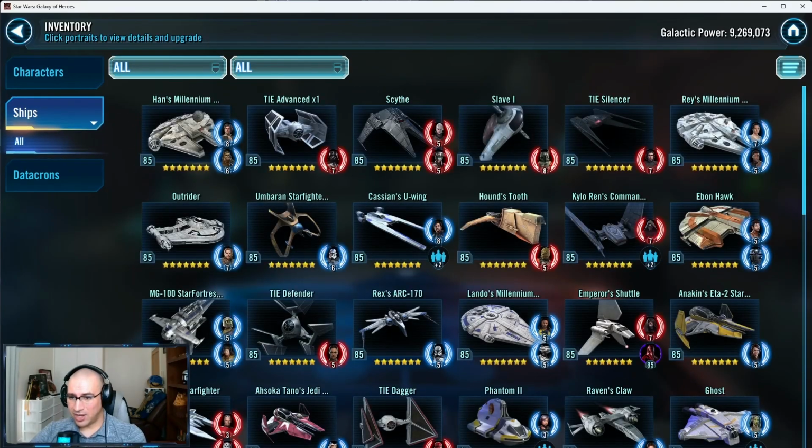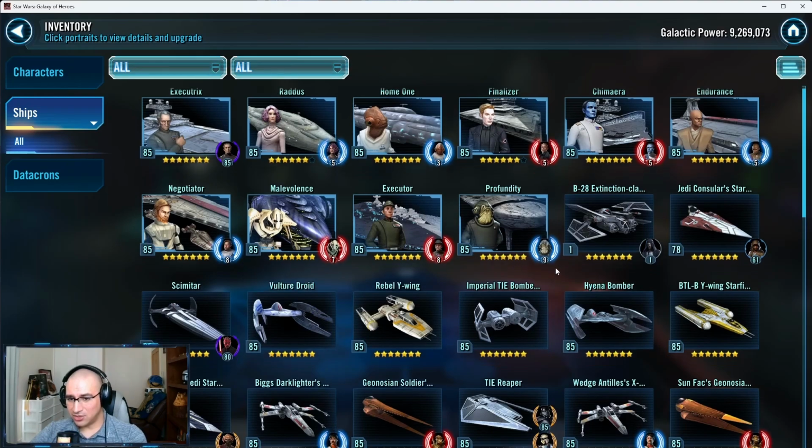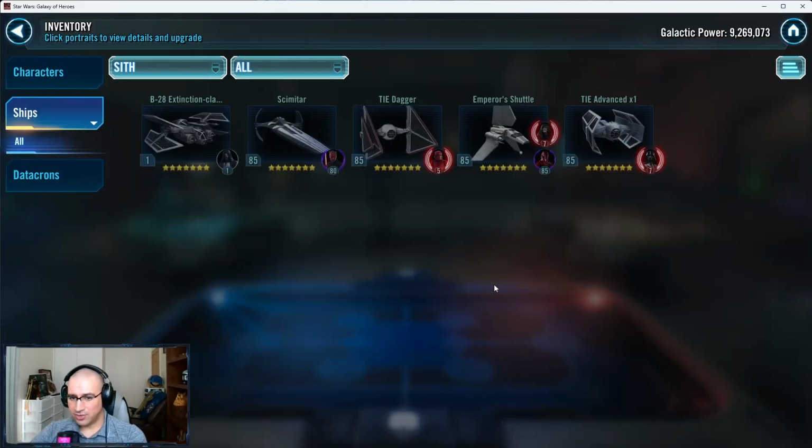All right, so I would say R7. R7's fine, absolutely. So you do have Executor, you have Profundity. It did seem like you were going towards Leviathan here. So let's look at your Leviathan. So you don't have Malgus's ship. You don't have this guy built up. So it looks like maybe you're